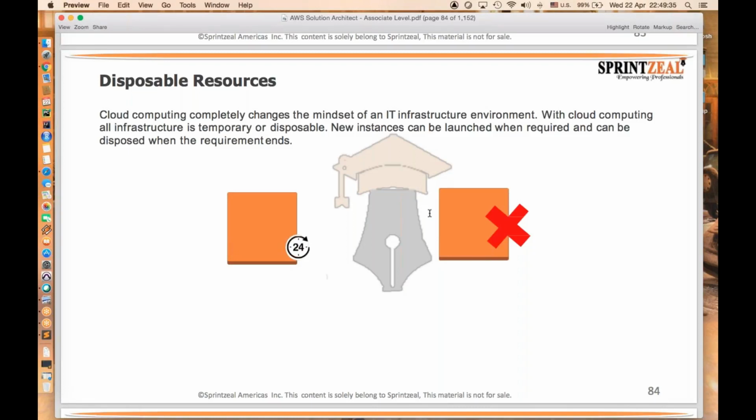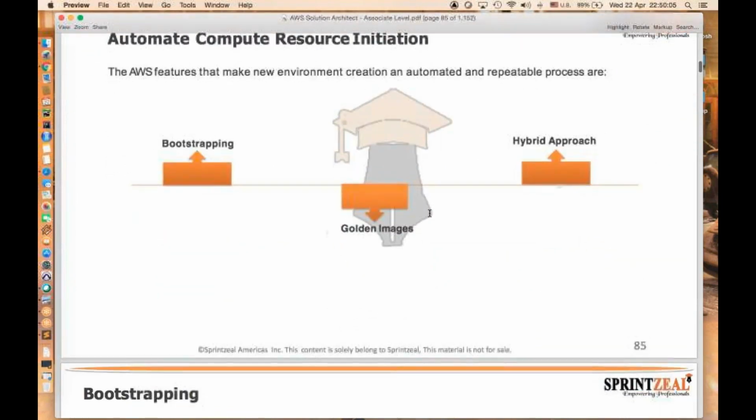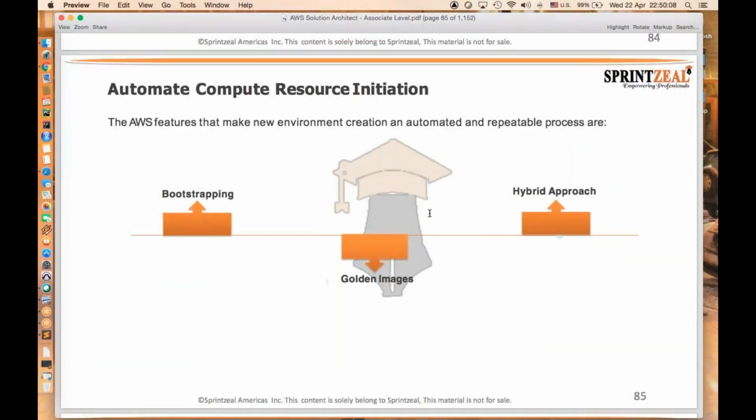worrying about what you are going to lose if you are disposing of that particular server. So new instances can be launched whenever you have a new requirement. That's the beauty of cloud computing. That's one of the key features of what happens in the cloud. At any time you can have a new environment ready, and you can create new instances based on the